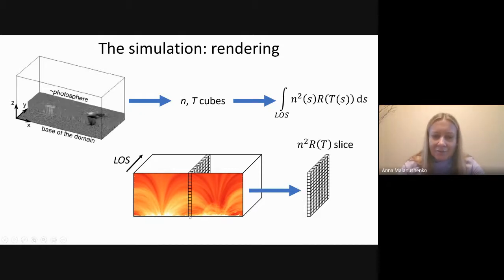Everything that I told you so far suggests that coronal loops are a manifestation of thin magnetic flux tubes, and there's a lot of good science that we can do with it. And in the simulation, we evidently see a lot of thin and bright coronal loops. So what will we see in this slice?